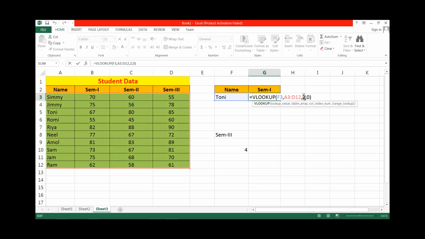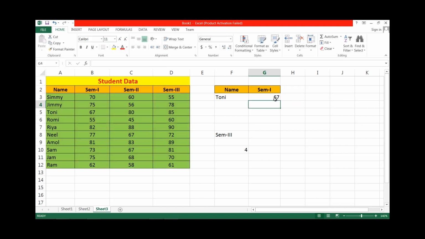Instead of using 2 here, we have to use the MATCH function because here the column number is not fixed. Then use MATCH here. Again the same way, lookup value from this cell. And now the lookup array is column wise, and here also give exact match 0. Carefully close the bracket and press enter.